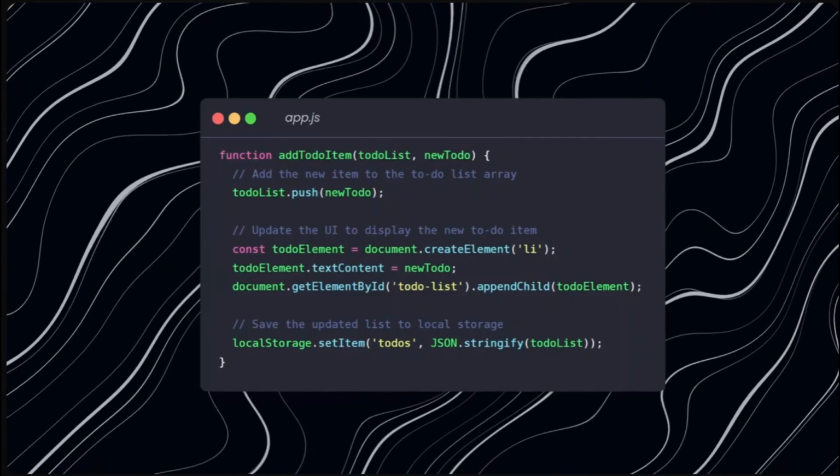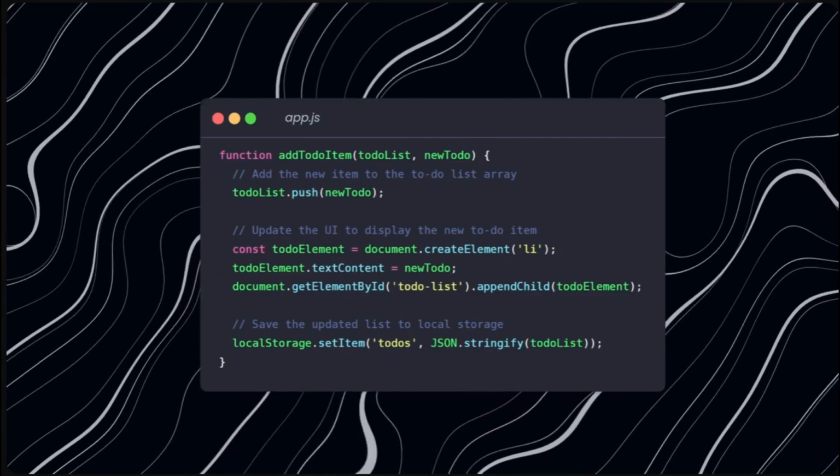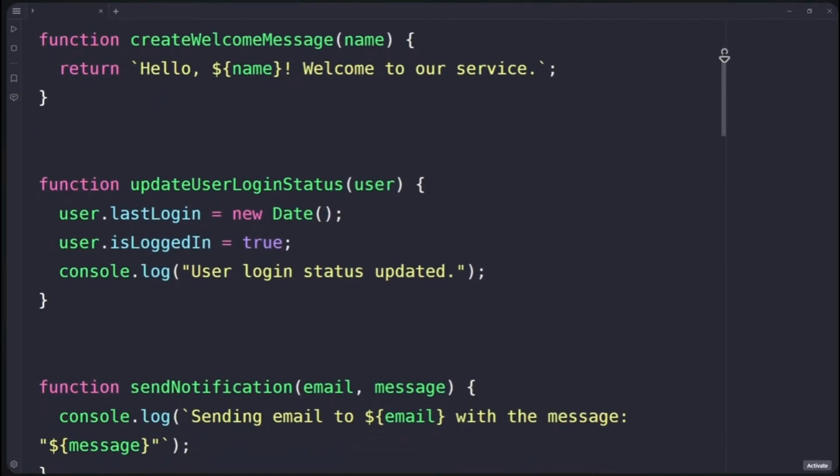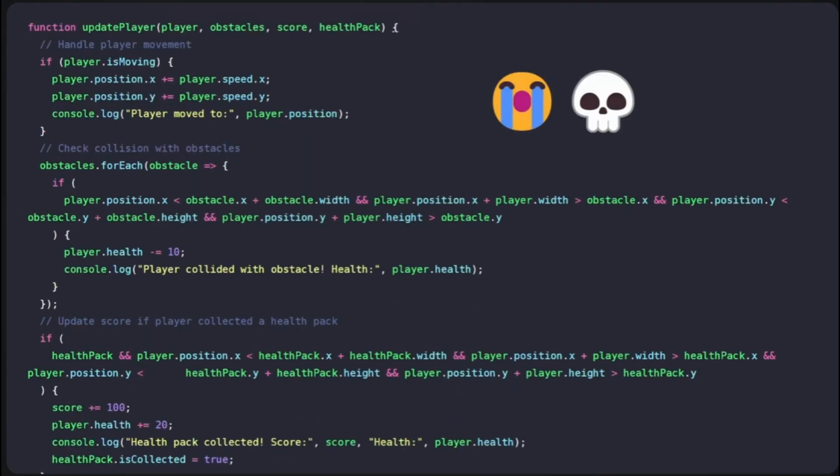Mistake number 2. Writing long functions that try to handle everything at once. While it may seem convenient to pack all the logic into one function, it goes against a fundamental programming principle: single responsibility. This means that each function should always have just one job. When functions handle too many different tasks, they become hard to maintain, difficult to read, debug, and are less